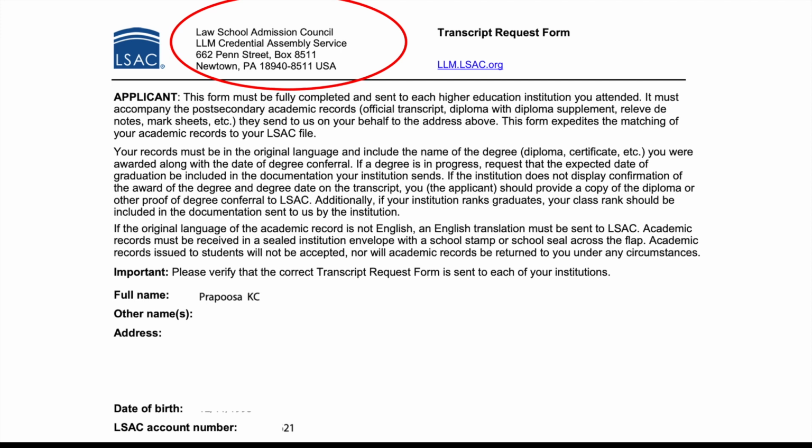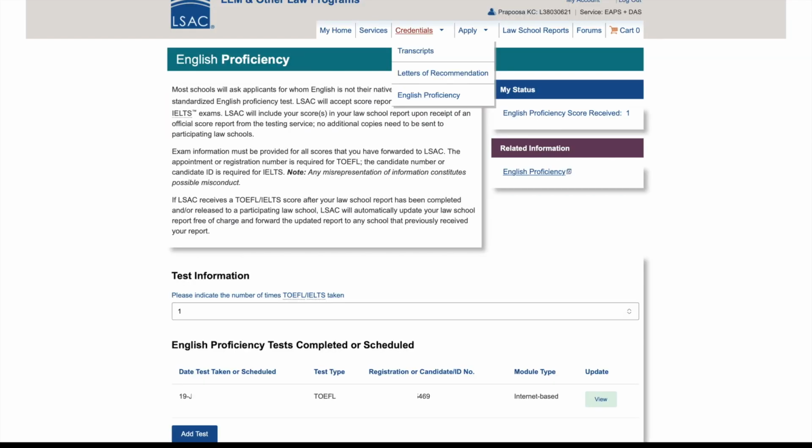You need to send your documents, academic credentials, along with this transcript request form. Your documents need to be notarized, and this particular form needs to be signed, and the university official's name needs to be written here. The university needs to put all the documents in an envelope, seal it, and then the documents are to be sent to this particular address. So that would be step 1 of sending your transcript under credentials. Now the second step is